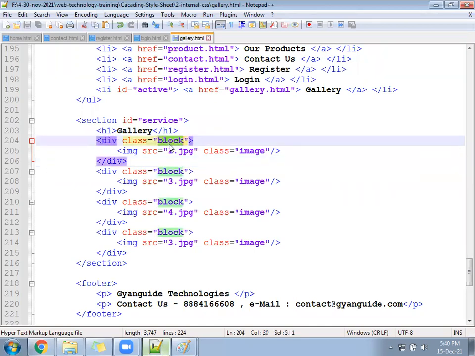So once the mouse moves to the block, the background is orange. That's all. It will look like a border. And cursor colon pointer. Hover. You can use the hover event. Hover effect you can use.